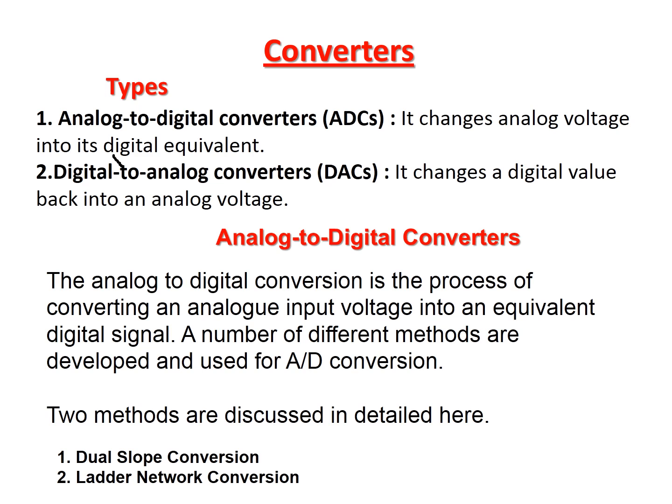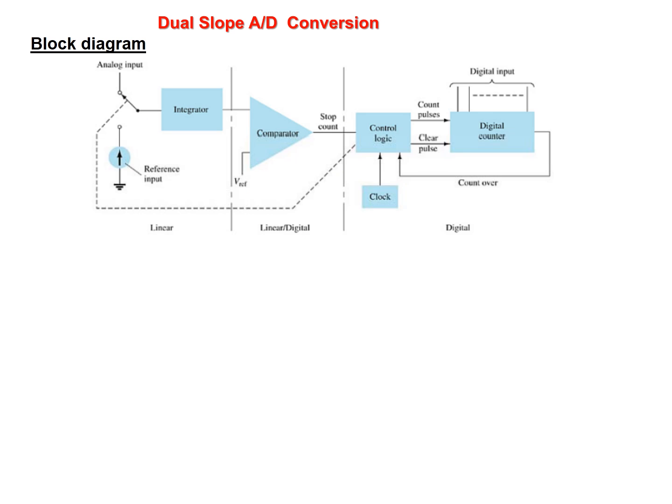Mainly, of the two methods we are discussing here, dual slope conversion and ladder network conversion are two different types of analog to digital converters in this category. First the analog signal is converted to time or frequency, then it is compared with a known parameter. The first type of A to D converter we are discussing here is the dual slope A to